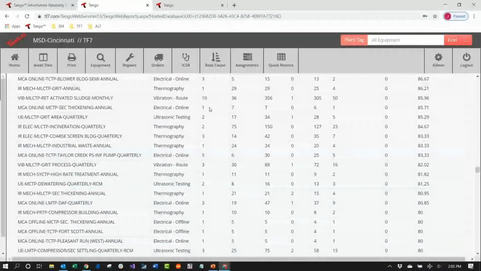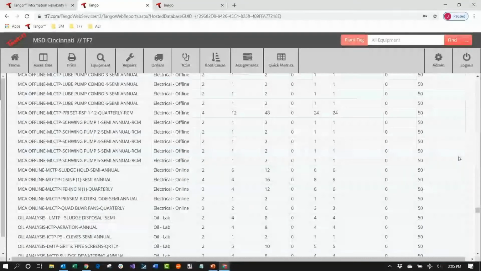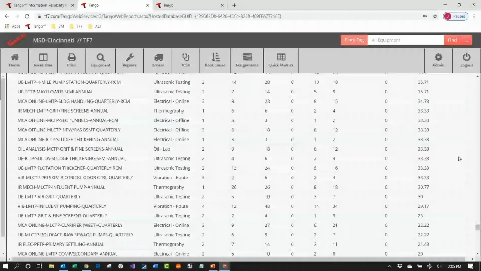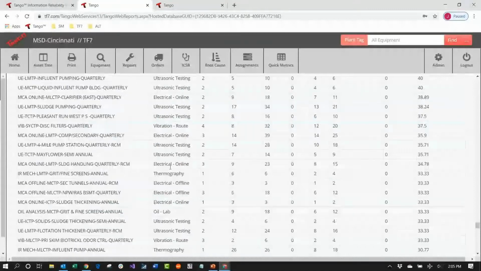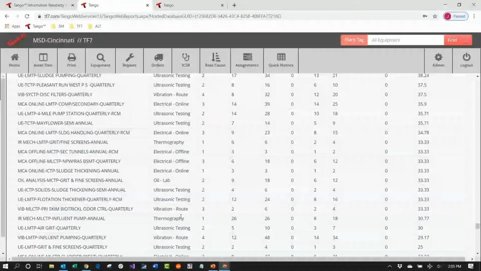But when I get down to the much lower areas, that's where I want to really start taking note, let's get down below 50%. I got some down here at 40%, 33%, a variety of types, ultrasonics, electrical online, some route vibration. Don't see too much thermography. There's a thermography task. So I probably ought to be taking time to really review whether or not these tasks need to be active, whether we actually intend to monitor these locations, or maybe I've got a COVID-19 problem and I don't have manpower in the plant, which is the reason that this has been impacted the way it has. But this gives you the ability to look through this list and decide which ones you need to target